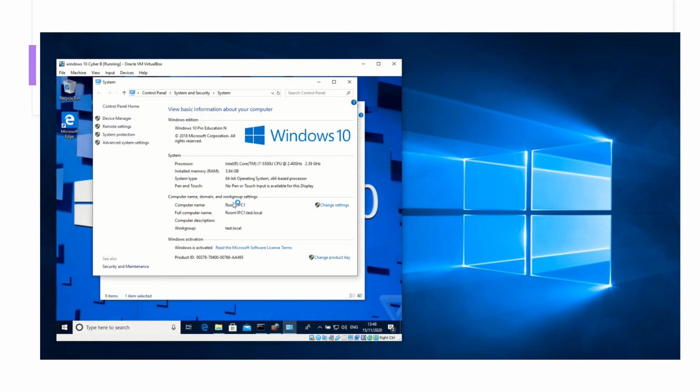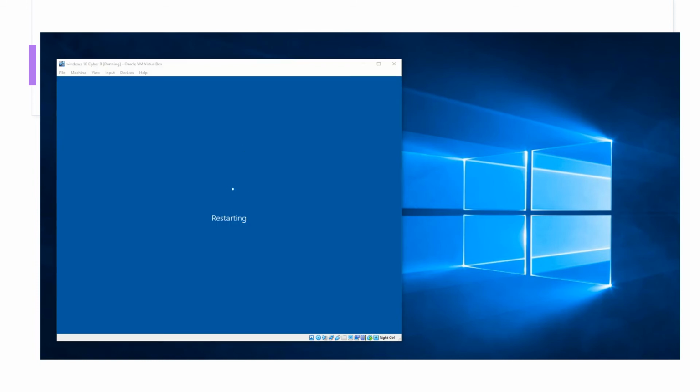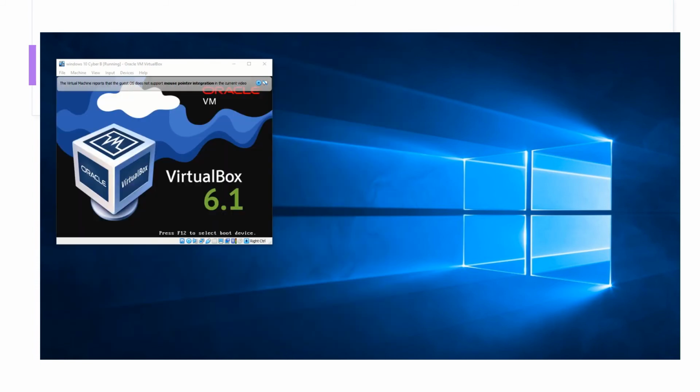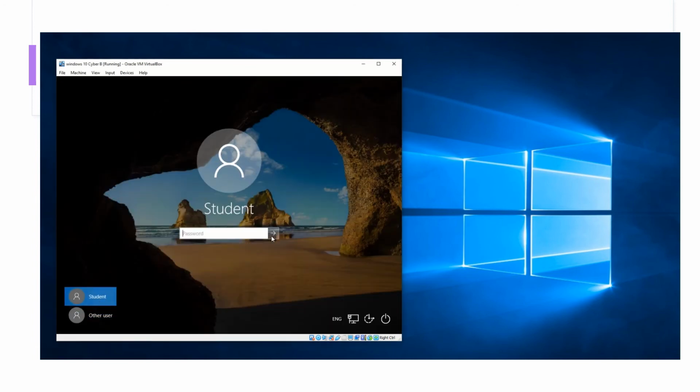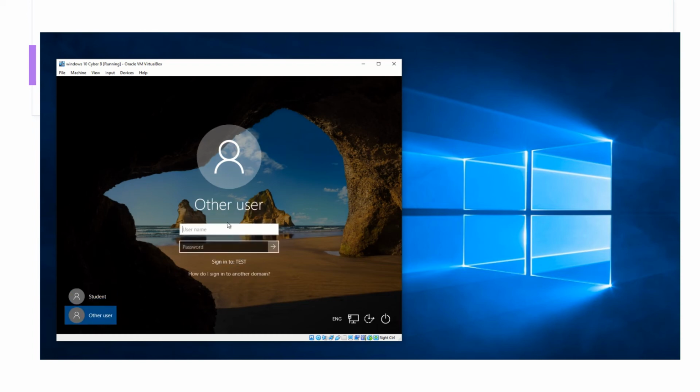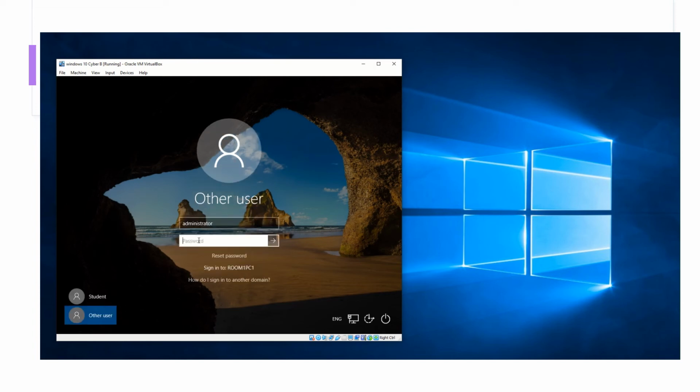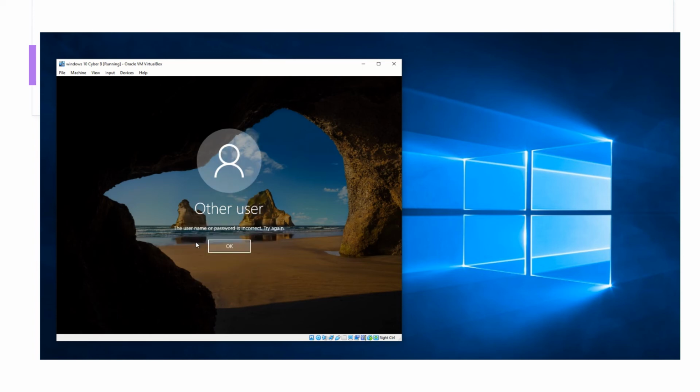So then we're going to restart your machine. Leave your Windows Server 2019 running in the background while this is doing its restart. Now this time you've got your original student account that's there. Now we're going to go for Other user though, okay, because we're going to sign into test, which is our new domain. So I'm just going to use the administrator account. So administrator and use the password. I've done it again. So Password1 and